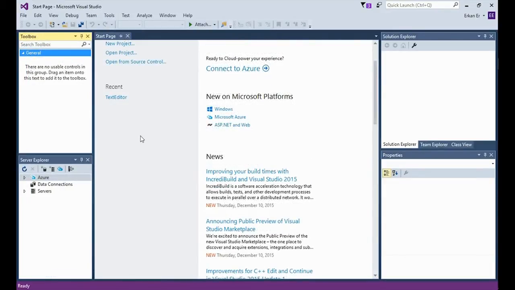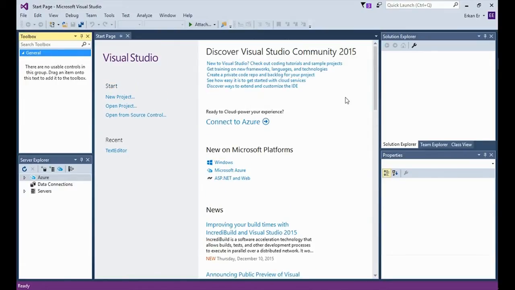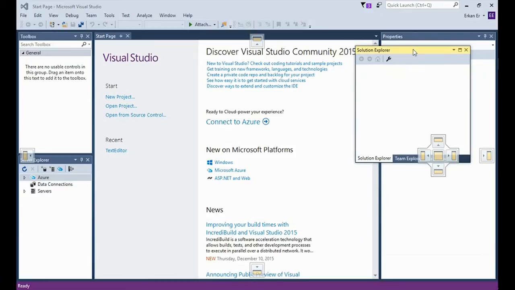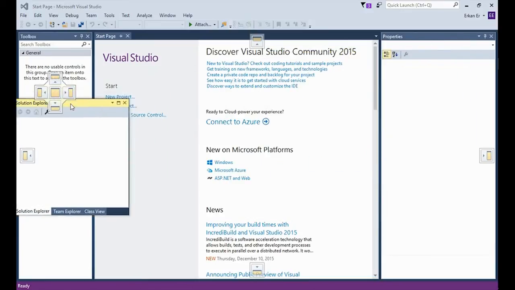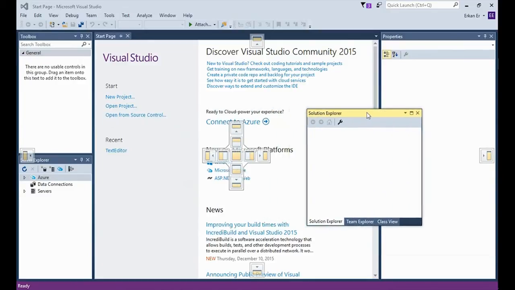I can also arrange the windows. To do that, I just need to drag and drop the windows by holding them from their title bars. When I start dragging a window, the visualizer for the docking options will appear. One for the left frame, one for the middle section, and one for the right frame.